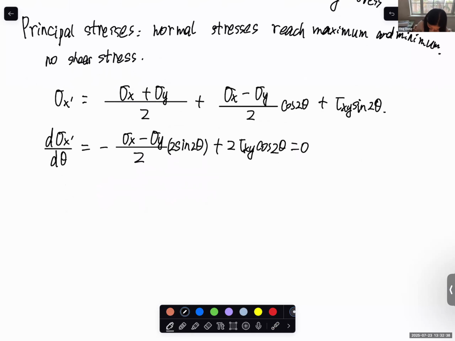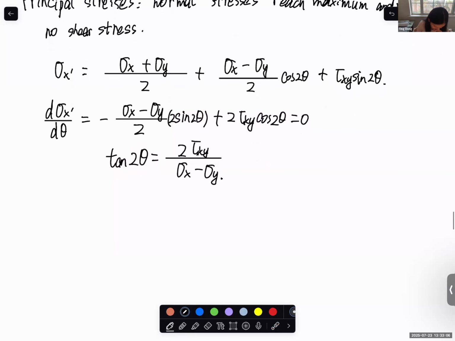And of course, when we set this equal to 0, with sine and cosine, we get tan 2 theta equal to 2 tau xy over sigma x minus sigma y. And we consider this is when the rotation,